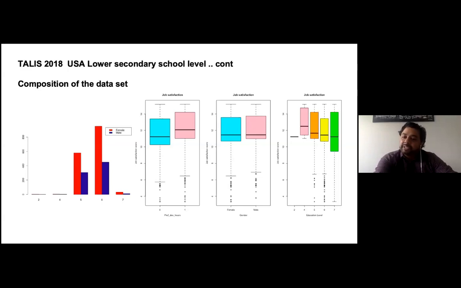Gender does not have much of a difference, but education level has a drastic downward trend in the job satisfaction score. But the distributions among each education level are quite different, so it's hard for now to estimate any other conclusions on that. I guess that's pretty much our initial touch on that survey data for our poster presentation.